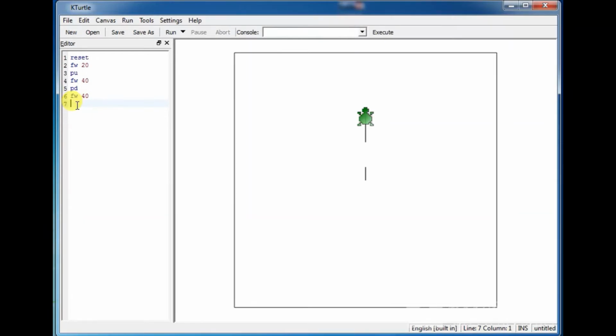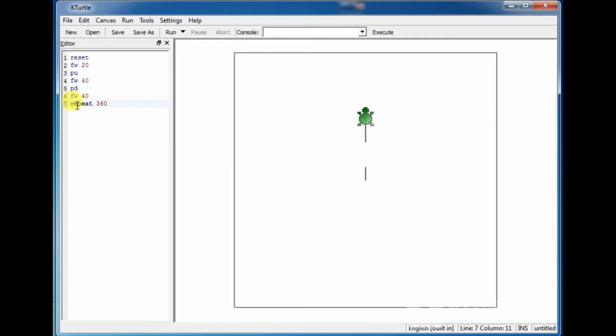In KTurtle, all of you know that a full circle is drawn with 360 degrees and a semicircle with 180 degrees, sorry. So now we are just drawing a circle using repeat command. REPEAT 360 degree.